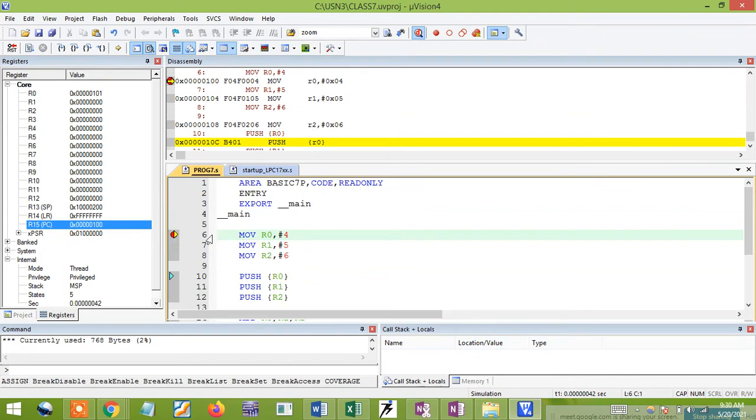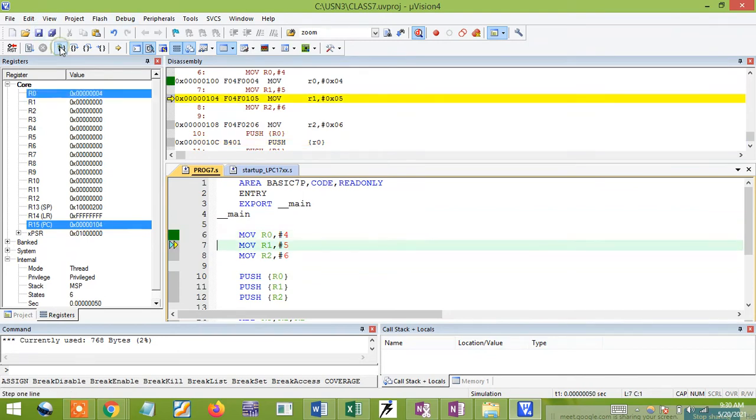Now I'll go for an execution. See, this green color indicates the instruction has already been executed. Next, this arrow mark is the indication of the next instruction; it will be executed. For example, this instruction was executing now, MOV R0, #4, storing the value 4 in R0. I already told you in theory that my program counter stores the address of the next executable instruction.